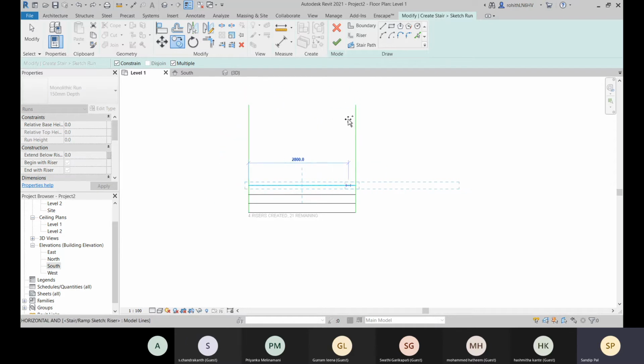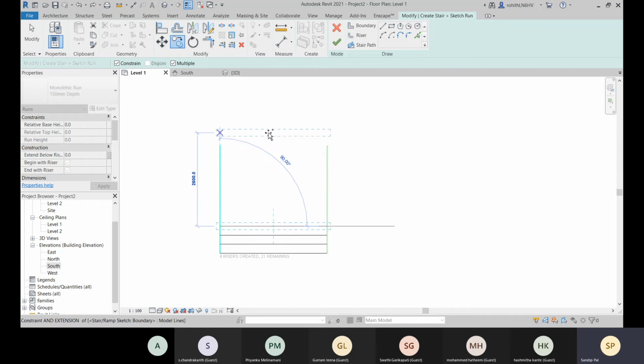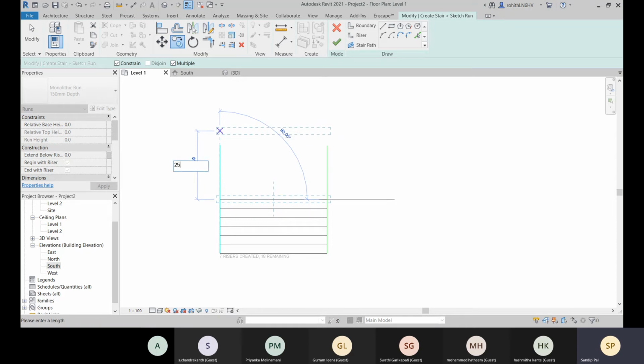It cannot be placed in any angle. Let's go with this. And here you can see that 8 risers are created, showing you, right?